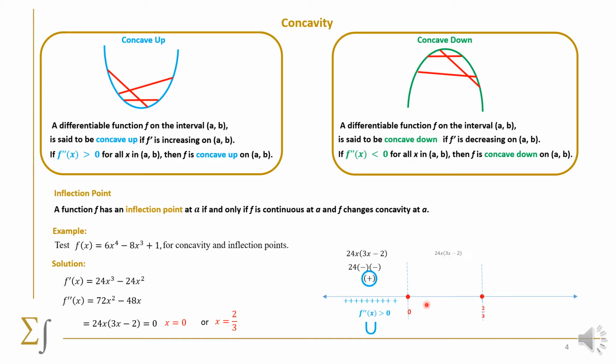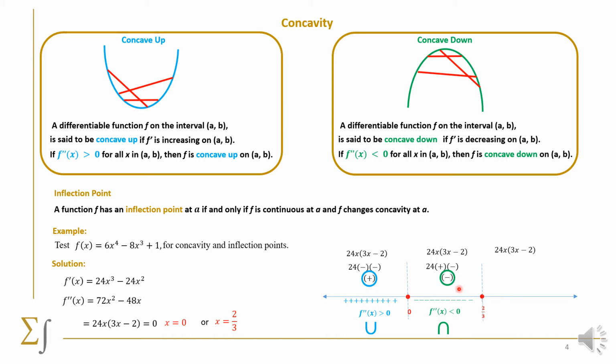We do the same thing here between 0 and 2 over 3. We put the second derivative and we study the signs. We take a test point between 0 and 2 over 3. The easiest for us is to take 1 over 3. So we put 1 over 3 here, we get a positive. We put 1 over 3 here, we get a negative. Yes, this is positive, this is negative, and then the product is negative. So we have that f double prime is less than 0 in this interval, telling us that the function is